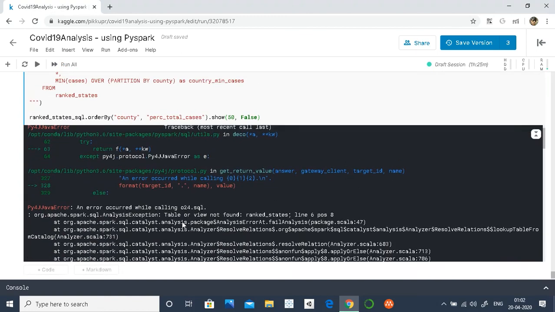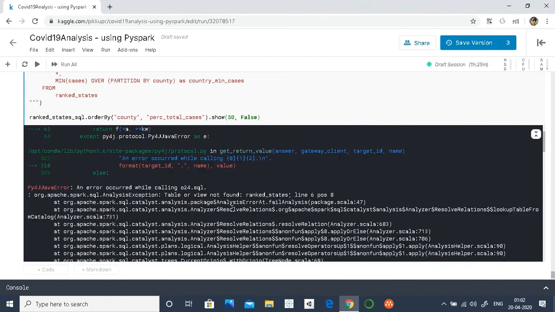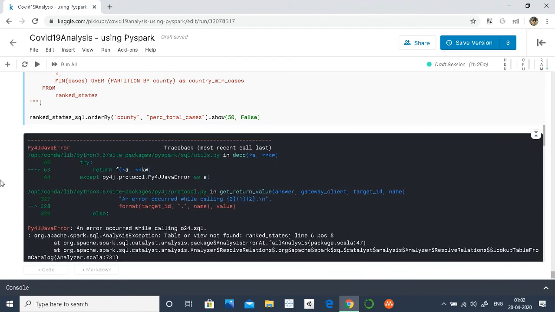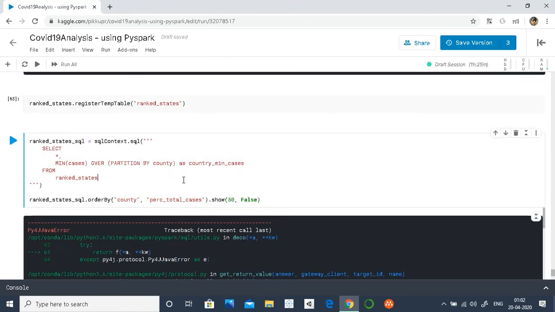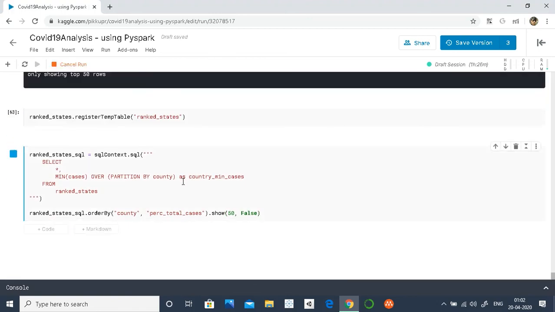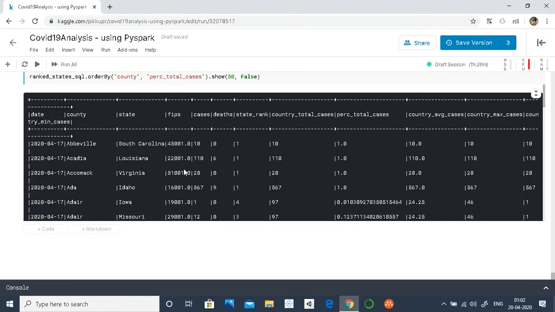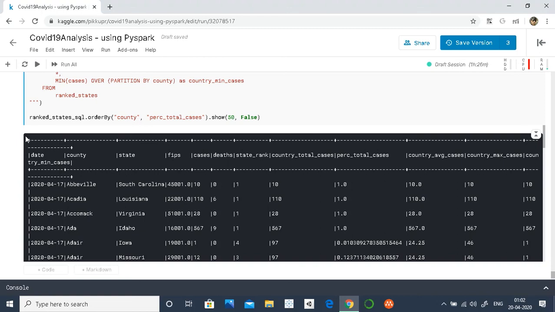It says table or view rank states not found. I think I did not run this. Okay, now it has got executed. It is working now.